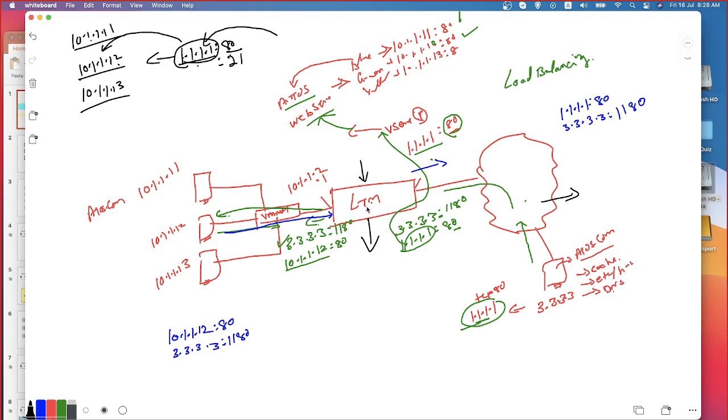Multiple servers are handling different connections. So obviously, the packets need not wait. The request need not wait because there are so many servers that can respond. So the LTM takes the responsibility of forwarding that request to the respective server who can respond faster, according to the algorithm, whatever we have.